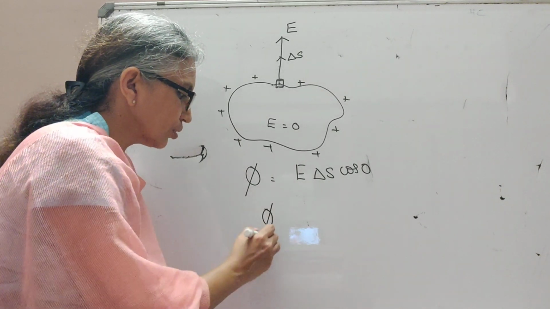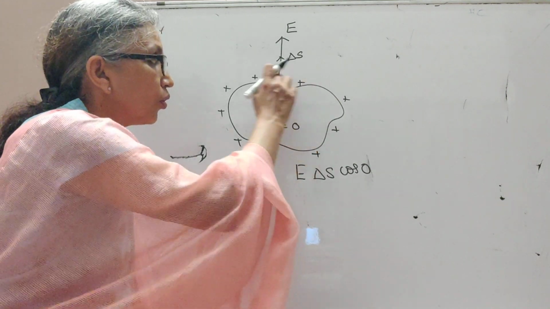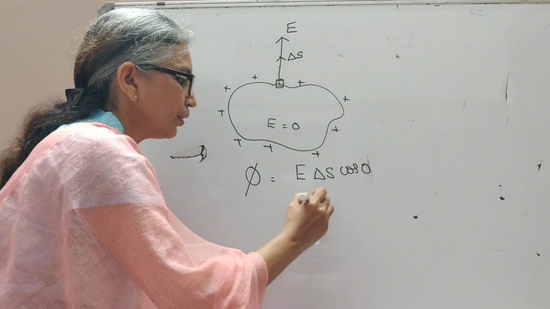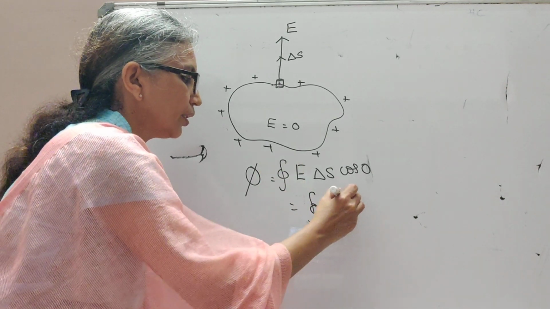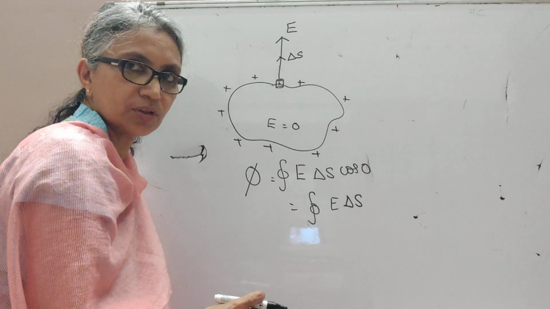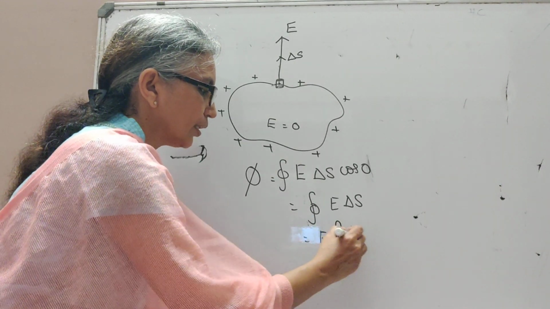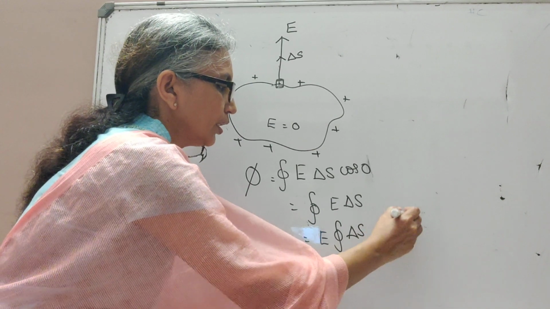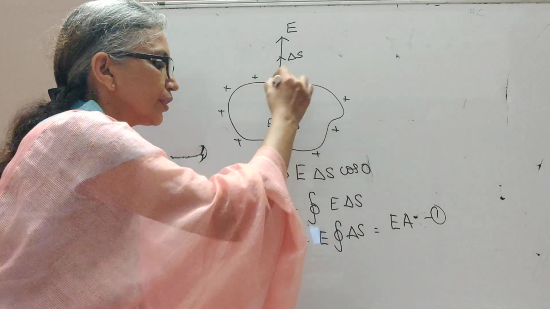Flux is also by Gauss's law equal to, now if you are going to integrate for the whole surface, this would have been closed line integral E delta S cos 0, cos 0 is 1. I'm going to take E outside, integral delta S. I will write it as E into A, equation 1, where when I integrate the whole surface area, I get